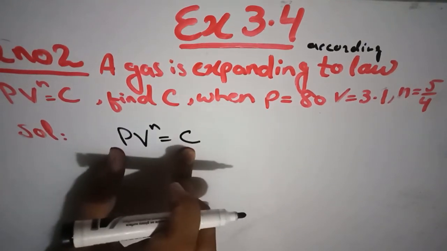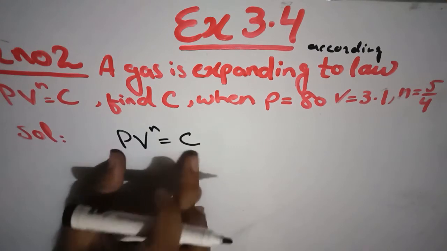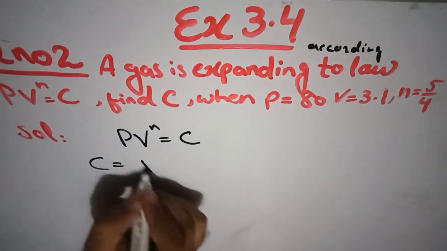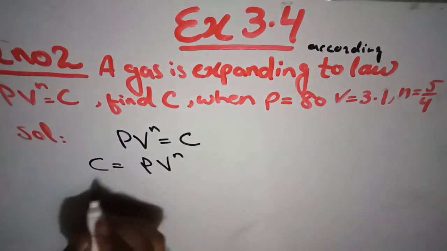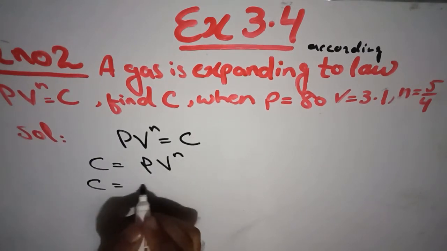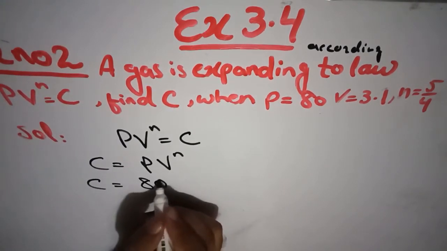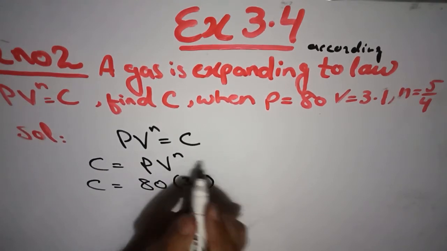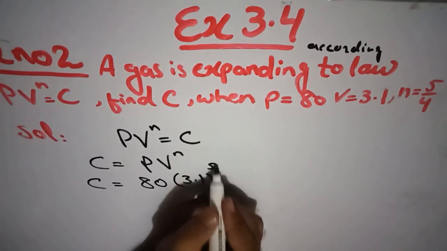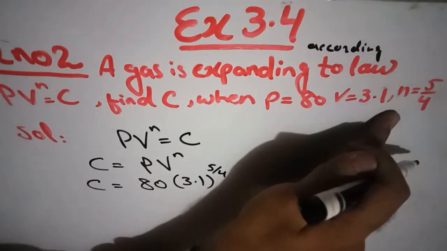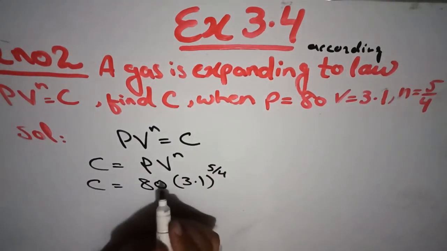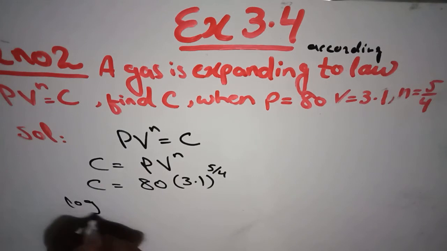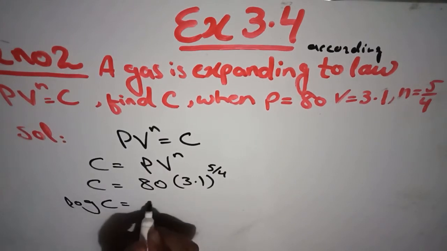I am just arranging it. By arranging we can also write C is equal to PV^n. So to find C, I am just putting the values. The value of P is 80 and V is 3.1, to the power of n, which is equal to 5/4, that is just written here. So to find the value of C, you will take the log of both sides. Log of C is equal to log,